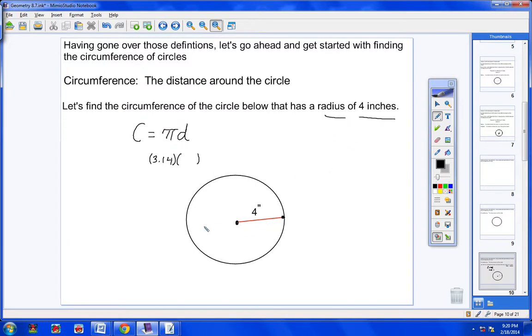So if the radius is 4, what's the whole diameter going all the way across? If this is 4 from here to here, then the whole diameter is what? 8. So what do I put for my diameter right here? 8. It's that easy. If you want to find the circumference of the circle, all you need is the diameter. And then you simply multiply pi times the diameter, or in other words, 3.14 times 8. If you type that in correctly, you will get